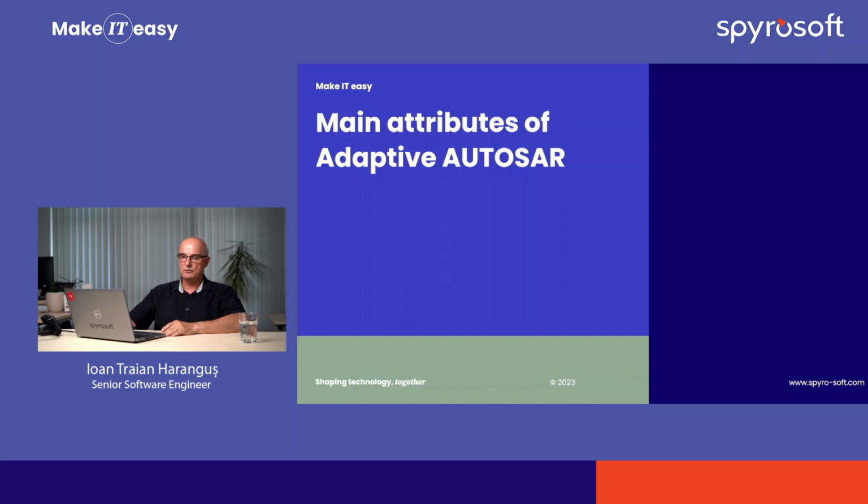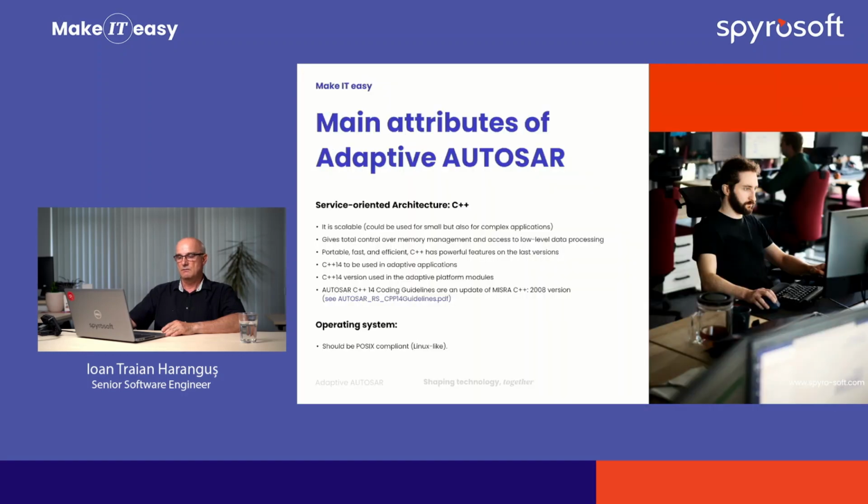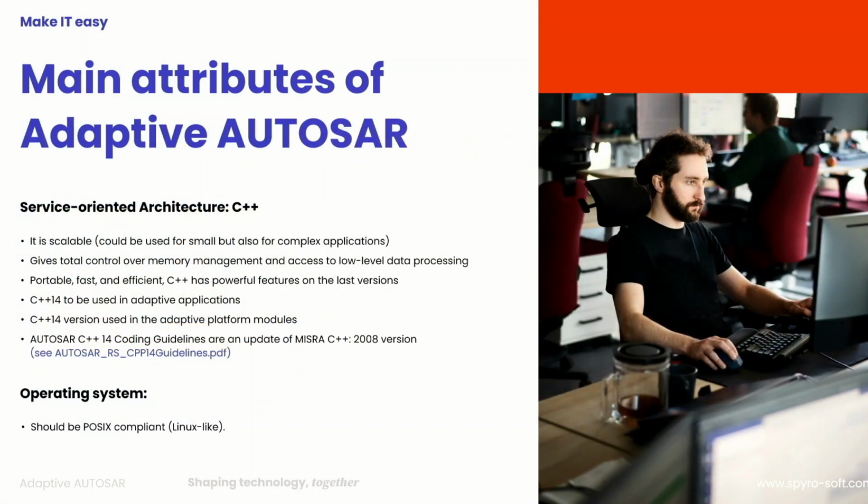And then let's take a short look and talk about the main attributes of the adaptive AUTOSAR platform. For example, the preferred language for our adaptive AUTOSAR platform is C++. And why? Because this programming language is scalable, and it allows us to manage a big bunch of data. Also, it is very configurable, and if we, for example, use C++14, the programming rules are specified in the AUTOSAR requirements and guidelines PDF file from the AUTOSAR